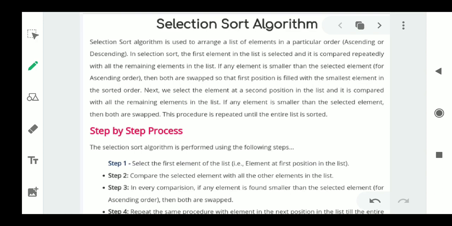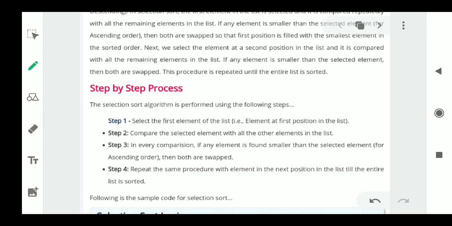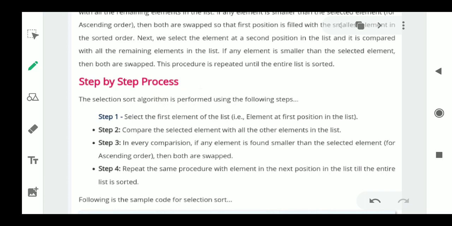Before we discuss the example, please see the step-by-step process. First, take the first element in the list and compare the selected element with all the other elements in the list.